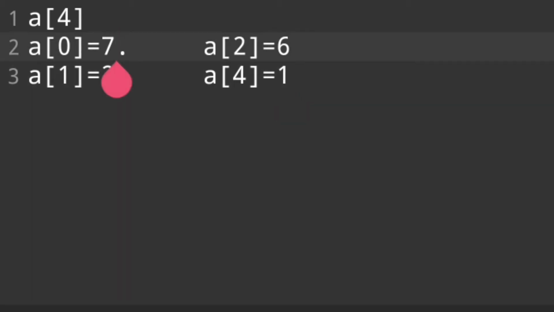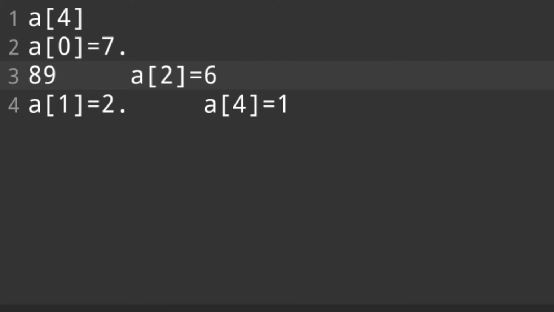So guys, in the variable arr[0], 7 is stored, 2 is stored in the next variable, 6 is stored in the next, and 1 is stored in the last. Now I will explain how this array is stored in our memory. Suppose this array is stored in memory at this address, for example 8988.